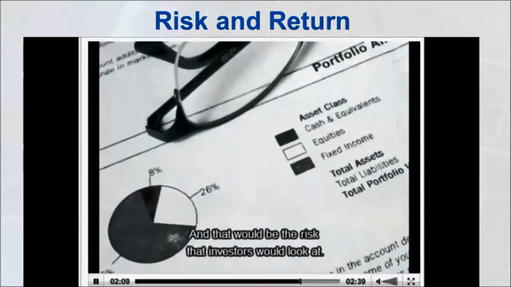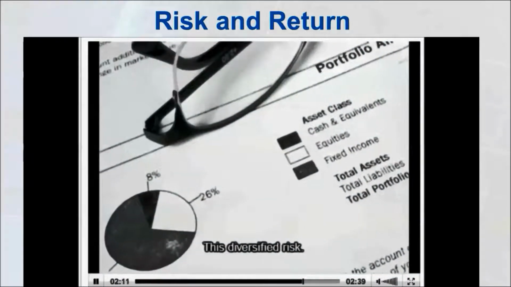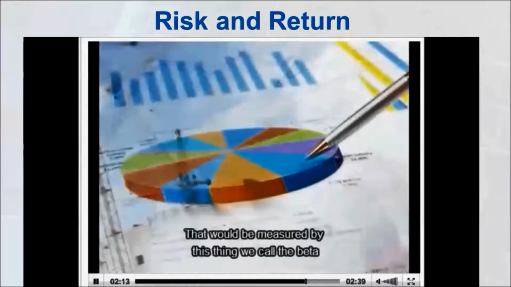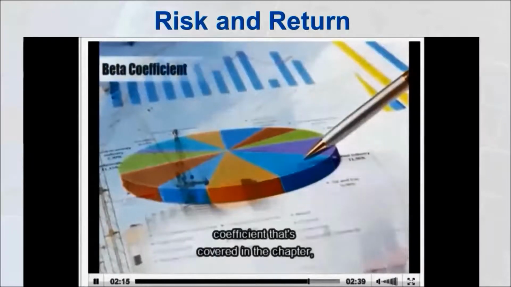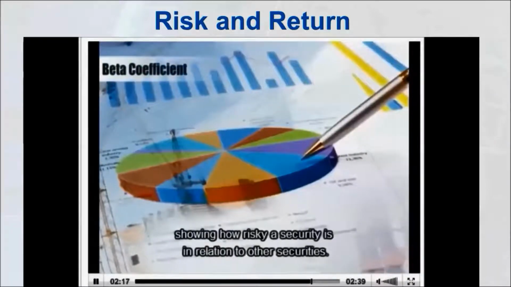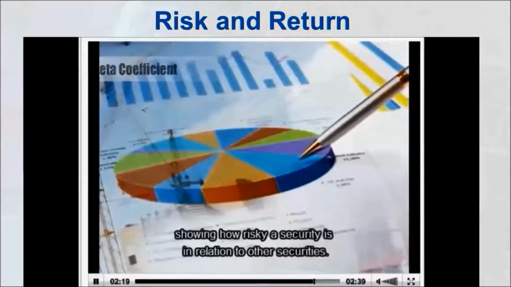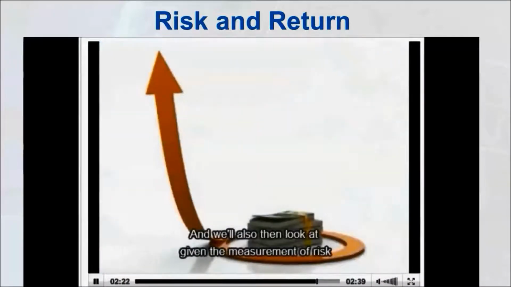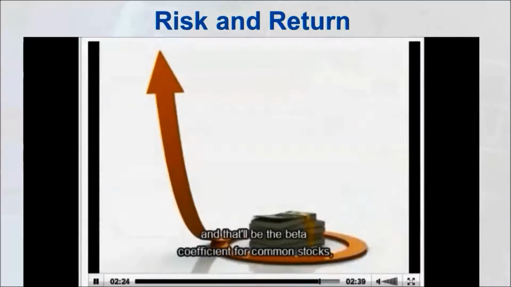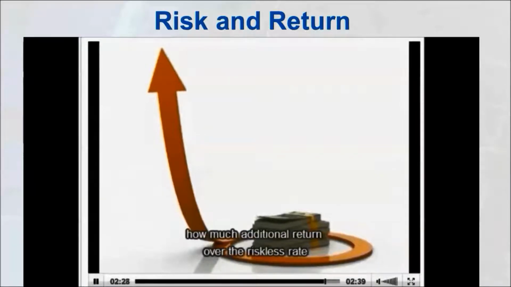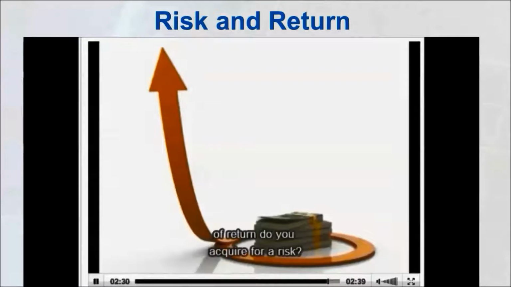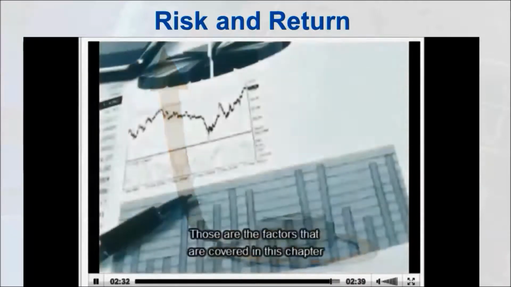And that would be the risk that investors would look at, this diversified risk. That would be measured by the beta coefficient that's covered in the chapter, showing how risky a security is in relation to other securities. And we'll also look at, given the measurement of risk, which will be the beta coefficient for common stocks, how much additional return over the riskless rate of return you require for risk. Those are factors that are